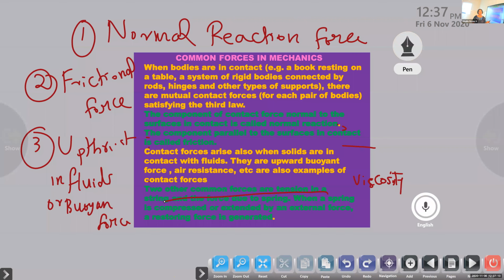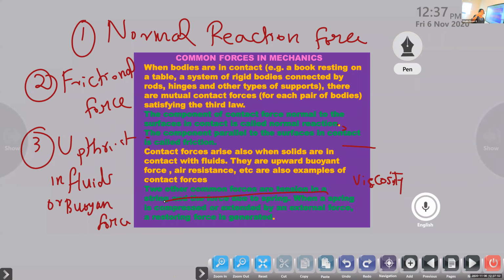So these are the common forces we use in mechanics, because volume 1 is full of mechanics. In volume 1, we are relating the different branches of mechanics, and for those who intend to do mechanical engineering, like automobile engineering, this is the basic. It has a lot of importance. So the common forces are tension in a string, and the force due to a spring. Both the spring and the string will experience a tension when you suspend something on it.